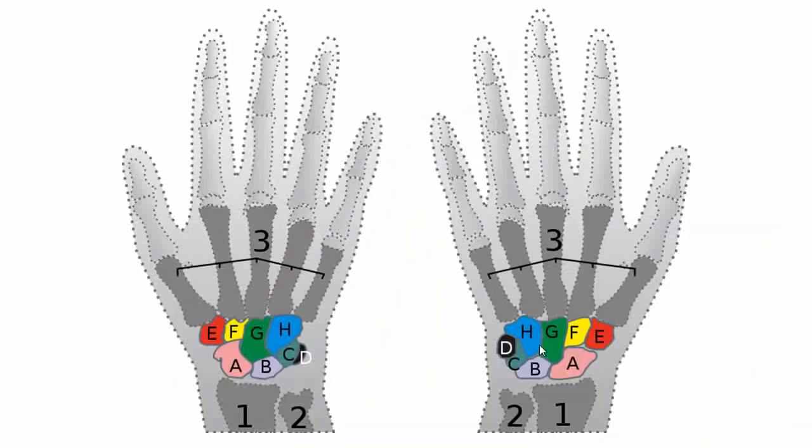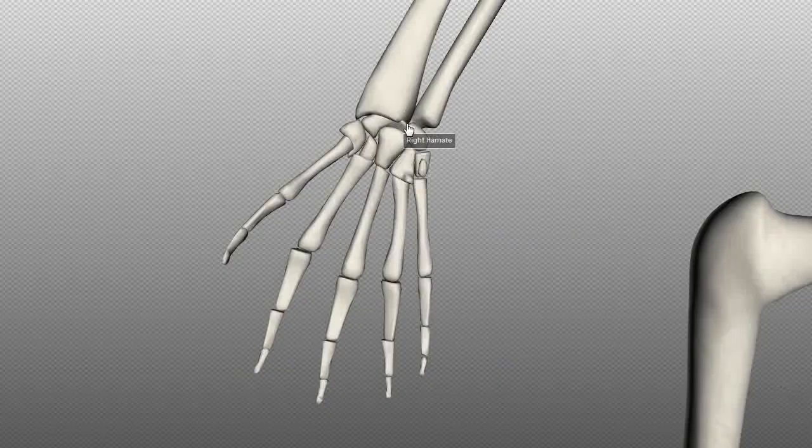So in this diagram the positioning is shown a bit more accurately. So you've got the radius bone here laterally because it's thumb side, and you've got the ulnar bone here, and you've got the scaphoid and the lunate bone articulating with the radius, and this joint here is the wrist joint. So this joint is a condyloid synovial joint, and it's the articulation between the radius, the scaphoid and the lunate. So as you can see here in this 3D model, the scaphoid and the lunate are slightly more medial than they should be. They should be shifted over more laterally towards the thumb side so that they articulate with the